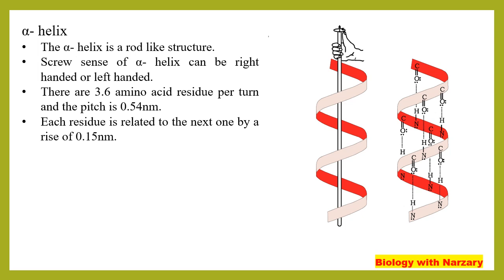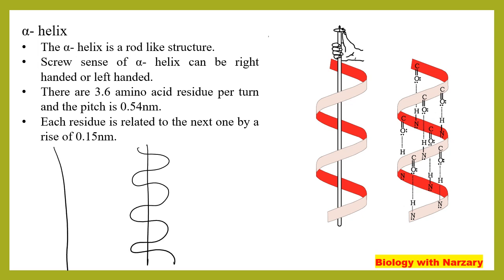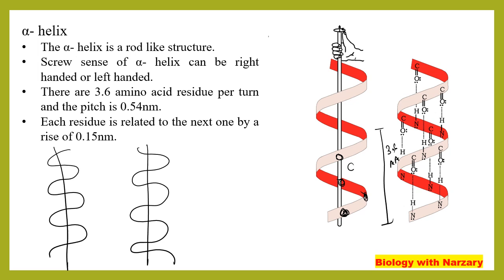Now let us discuss in depth about alpha helix. Alpha helix is a rod-like structure, and its screw sense can be right-handed as well as left-handed. In right-handed, you will see that the chain rotates in a clockwise direction with respect to the axis, whereas in left-handed, the chain rotates in a counterclockwise direction with respect to the axis. Here is the structure of a right-handed alpha helix. There will be amino acid residues, something like that. And in alpha helix, you will see that one complete turn contains 3.6 amino acid residues, and the length of one complete turn is 0.54 nanometer, and the distance between two adjacent amino acid residues is